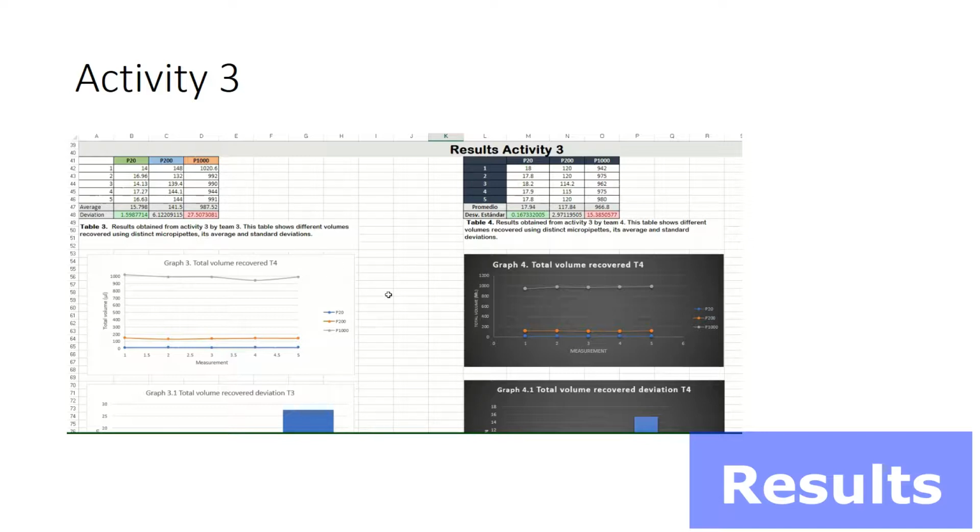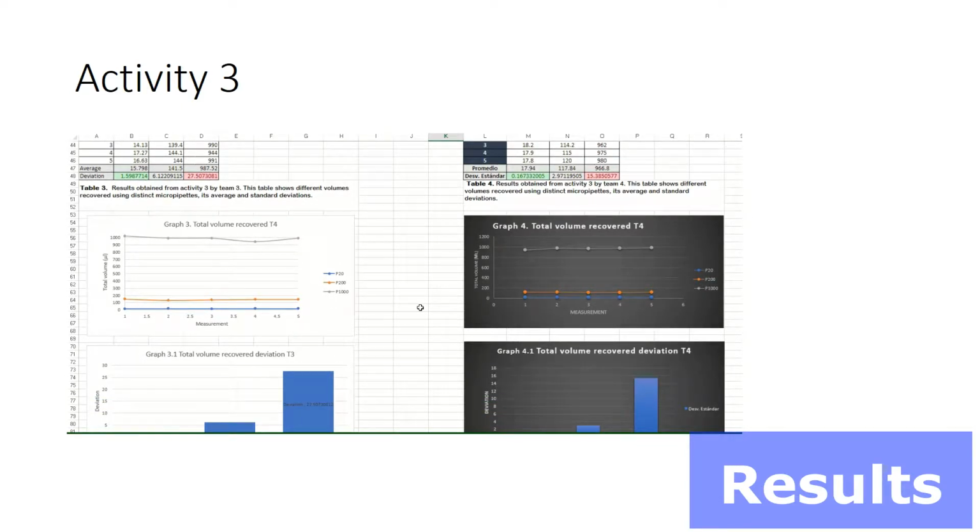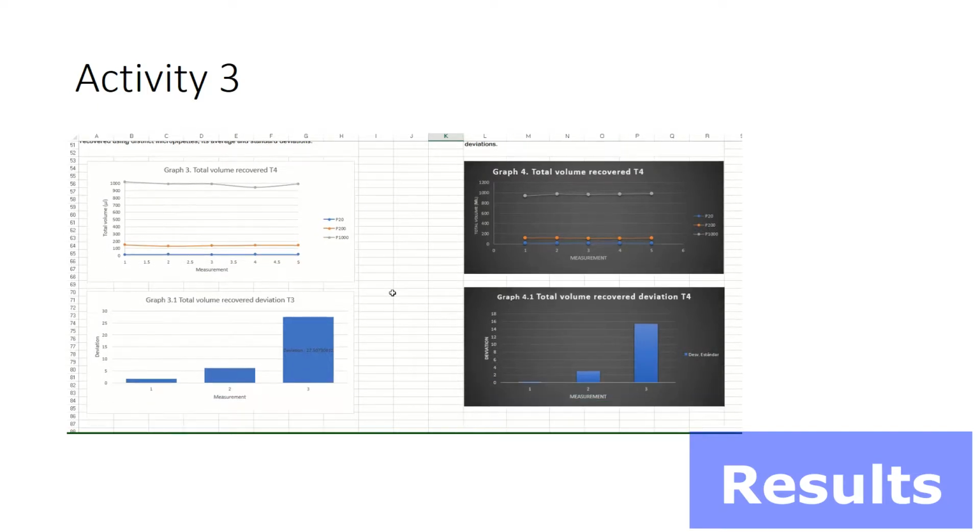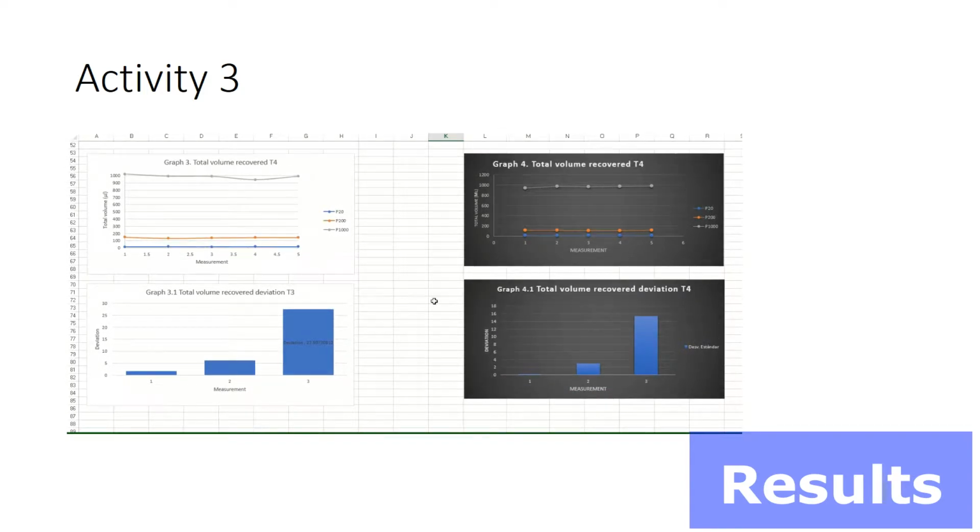They show different volumes and their standard deviations also, where we can also see when it was lower and higher. And we have in here 2 graphs comparing both teams' volumes obtained, in which we can see where it was higher or most representative. And the last graph shows the total volume recovered and their deviations, where it was higher in one part and lower in the others, depending